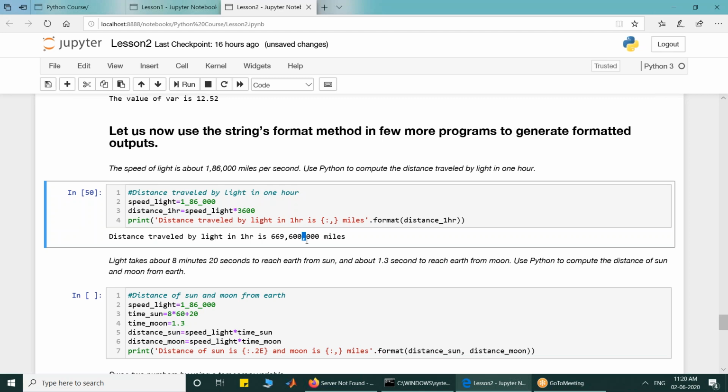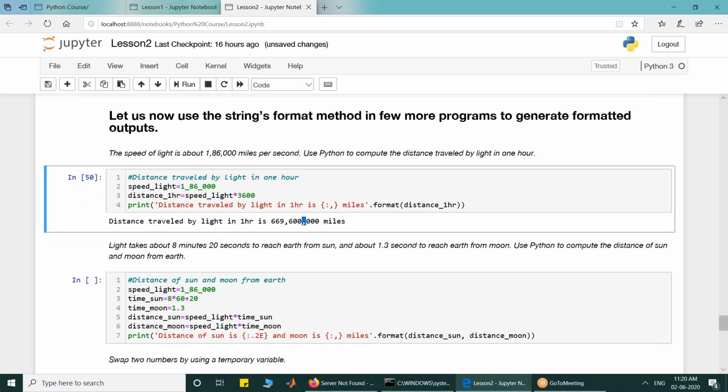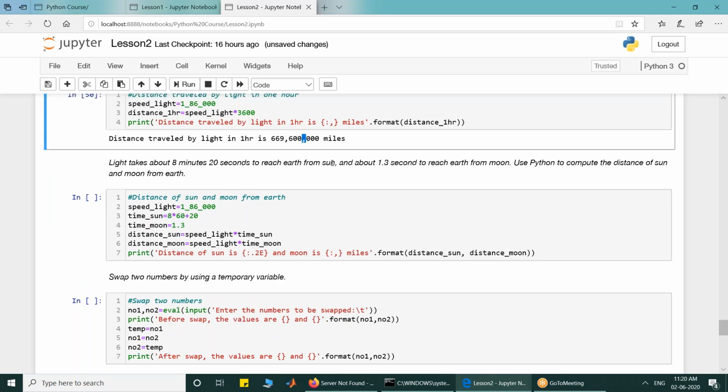Let's quickly go through the second point. Light takes about 8 minutes 20 seconds to reach Earth from the Sun, and 1.3 seconds to reach Earth from the Moon. You use Python to compute the distance of the Sun and Moon from Earth. You know the speed of the light: it is 1,86,000 miles per second. And the time that light takes to reach Earth from the Sun and Moon, I have already told you: 8 minutes 20 seconds.